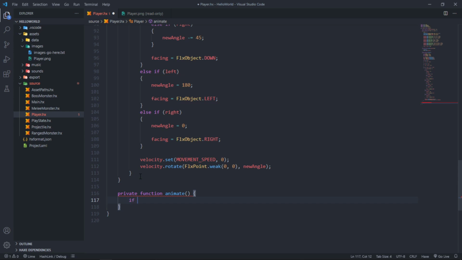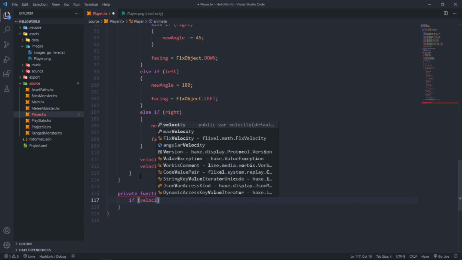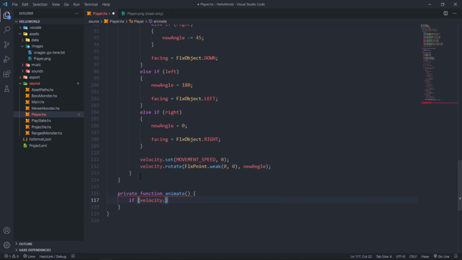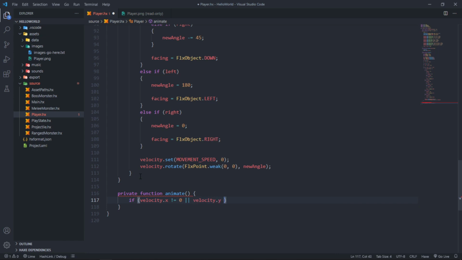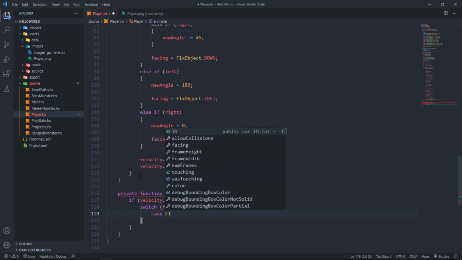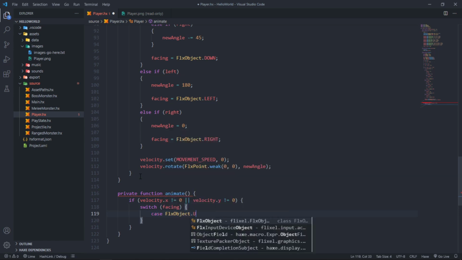So we say if velocity dot x does not equal 0, or the velocity for y does not equal 0. So if the player is running around, moving, or trying to move at least, make sure that we play the running animation. So we can use a switch statement based on which way we are facing. And in case we are facing up,